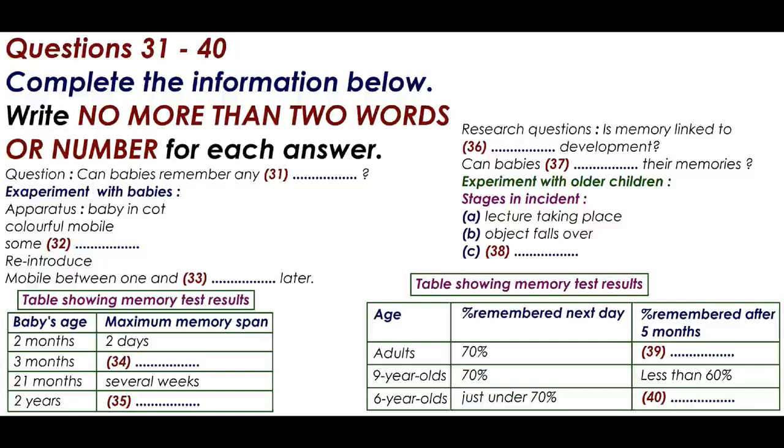In another experiment, several 6-year-olds, 9-year-olds, and adults were shown a staged incident. In other words, they all watched what they thought was a natural sequence of events. The incident went like this. A lecture, which they were listening to, was suddenly interrupted by some